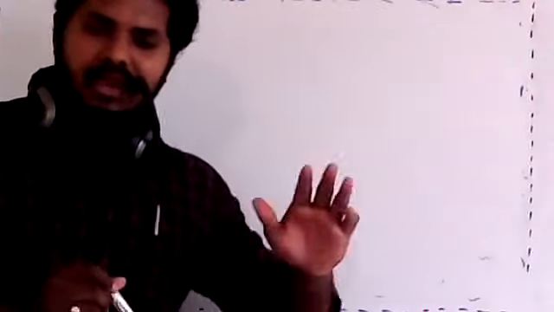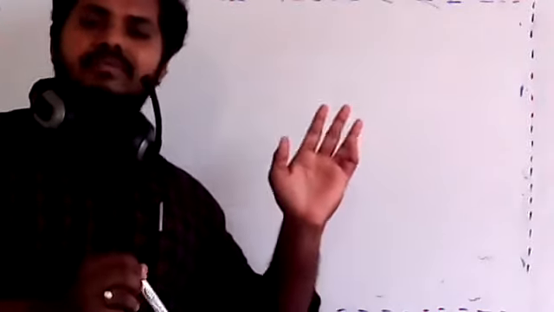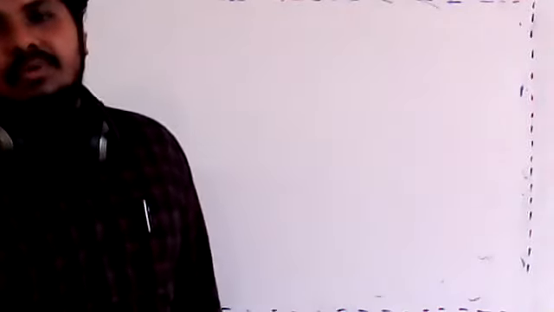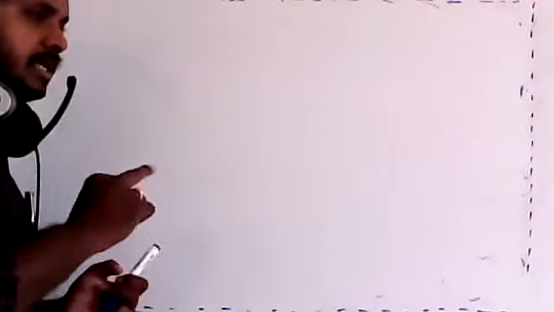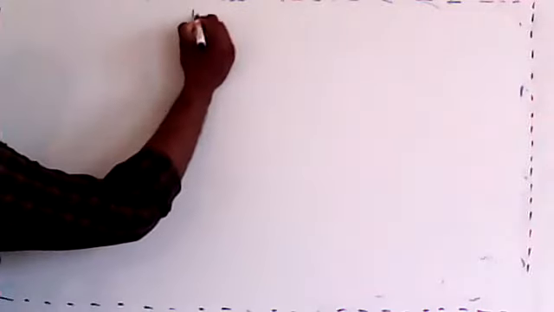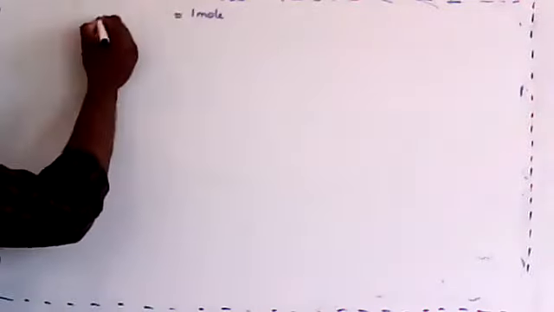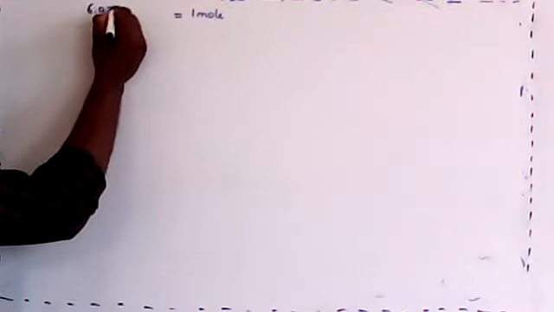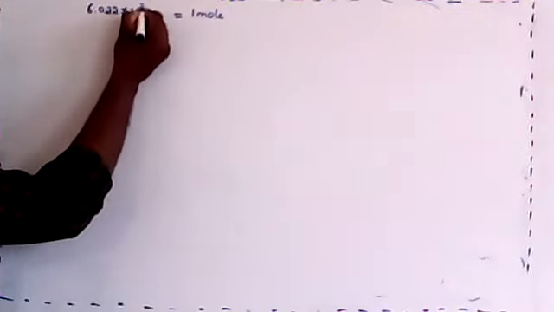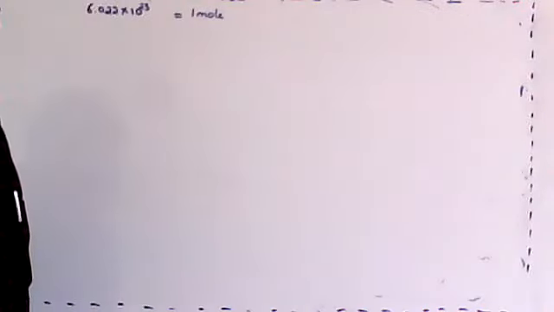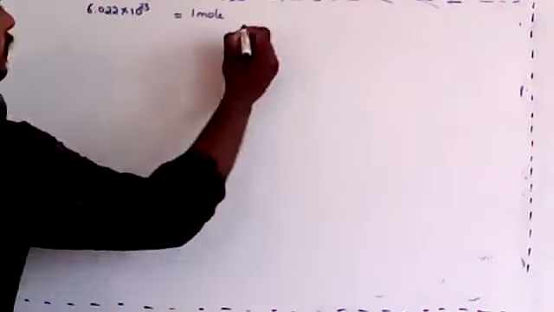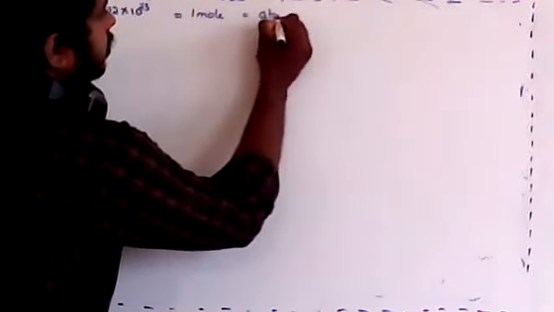I'll tell you one thing, that the last one, the 10th one, I haven't given the answer yet, because the option given is wrong there. So I will be providing the answer for that, and I'll be sending some questions related to this conversion. Which conversion? This conversion of 1 mole, which is equal to 6.022 into 10 to the power 23. It could be atoms, molecules, or ions. Or the same 1 mole will be equal to atomic mass.